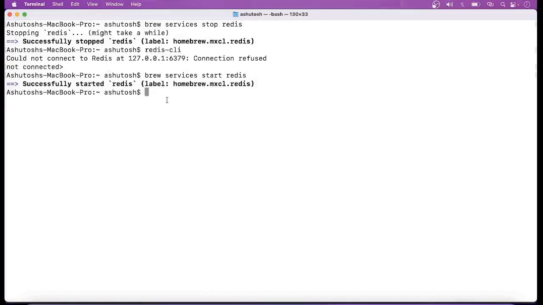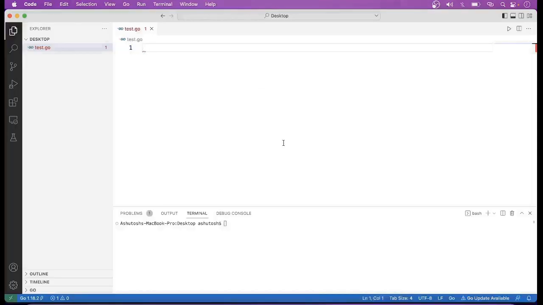So now as we have successfully started Redis, let us go to VS Code where we create a Redis client in Golang and also expose two methods. One to set data into the Redis and second method will get the data from Redis. Friends, now I am in VS Code. Here, first of all, we have to create a Redis client. So for that,